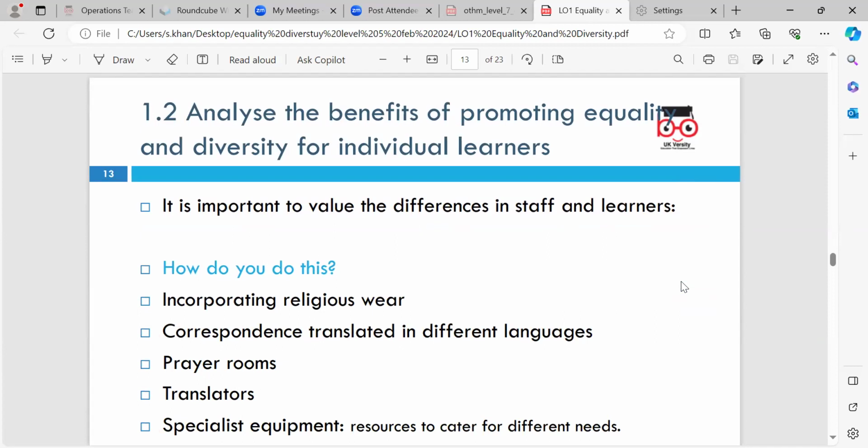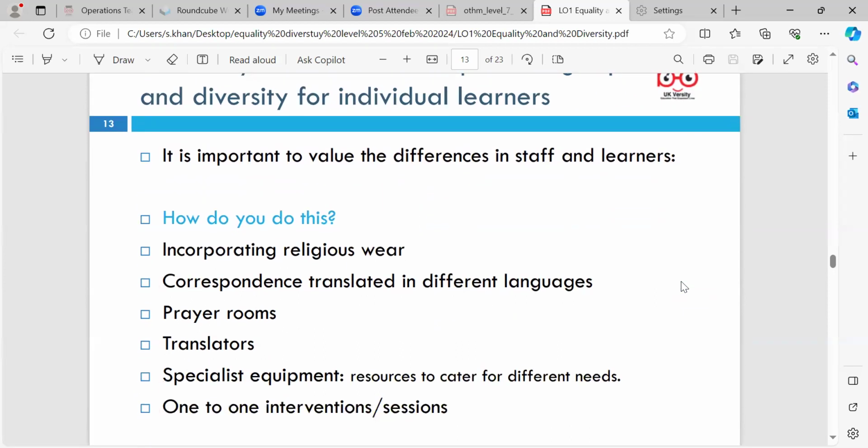And how do you do this? So, if anyone wears any sort of religious clothing. One of my students wears a hijab. She's Muslim. Yeah. And she openly talks about her religion, which is good. Oh, does she? Oh, yeah. And obviously language is another thing, providing any sort of prayer rooms,